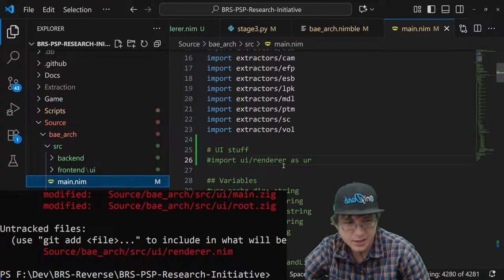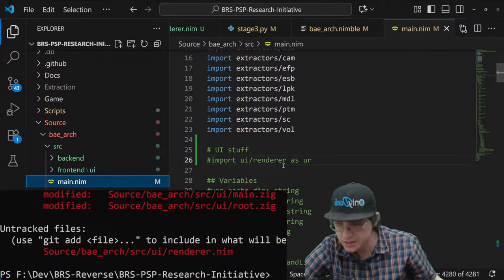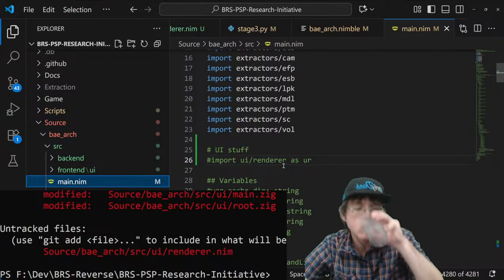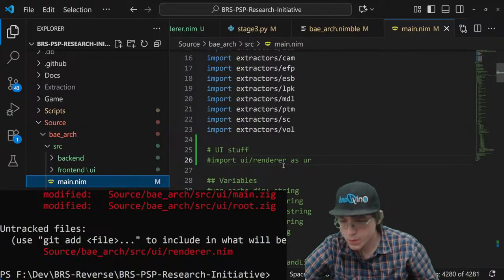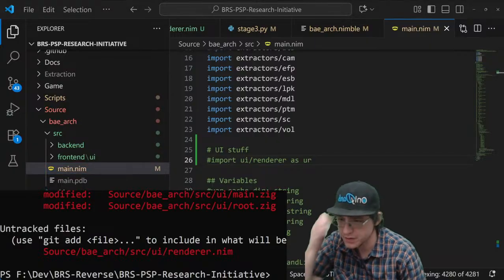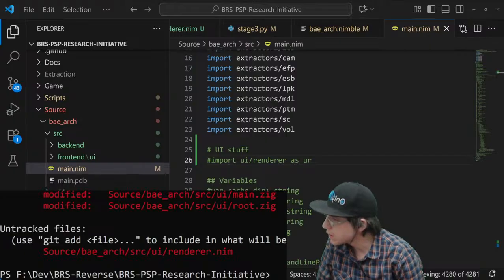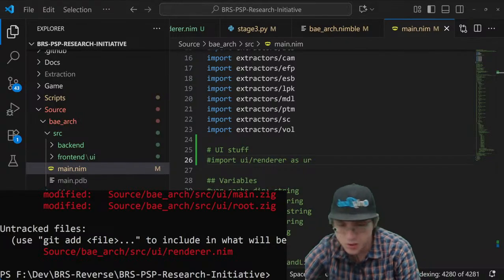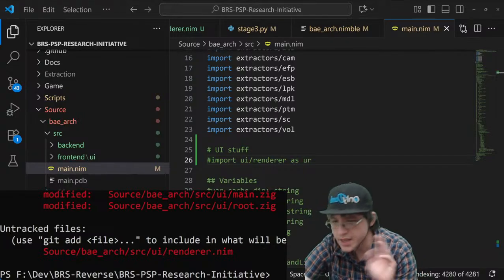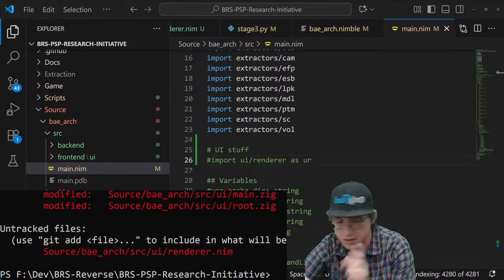Also, I found that SQLite, at least with Nim, is kind of funky. In fact, I wonder if I can build SQLite from source with Zig. Yeah, let's try that, because I like having a database in the code.